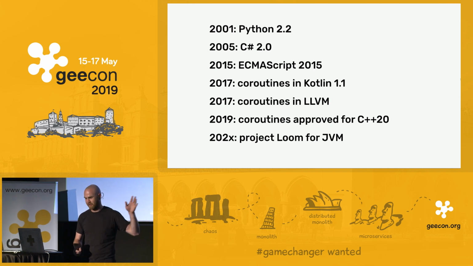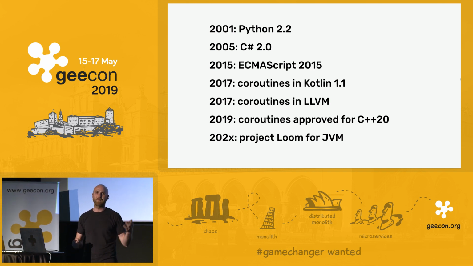Here is a simplified history of the 2000s. In 2001, Python got the yield keyword. Later on, other languages followed, for example C#. Noticeably, JavaScript got async await and yield. And then there was Kotlin in 2017. Then LLVM got support. And this year,